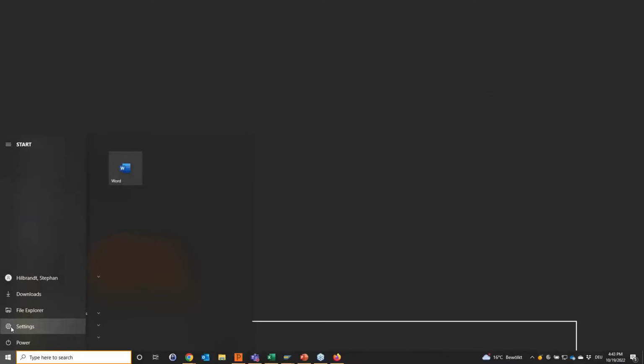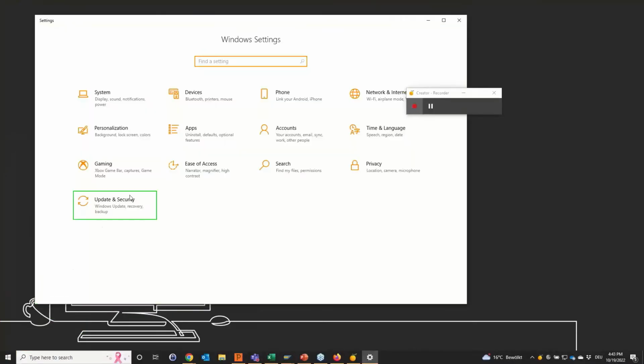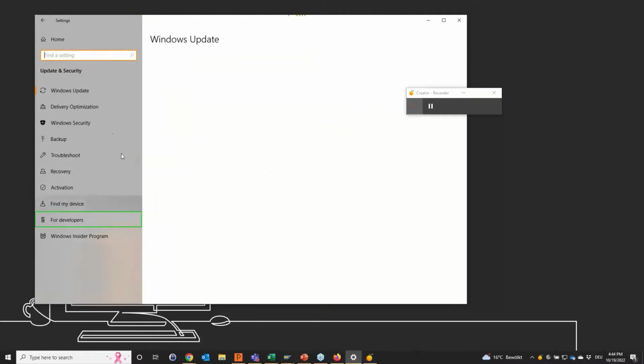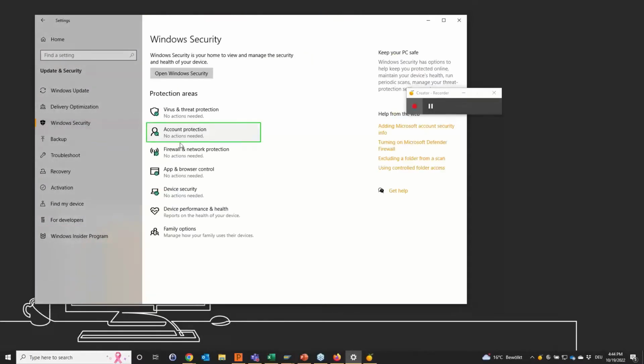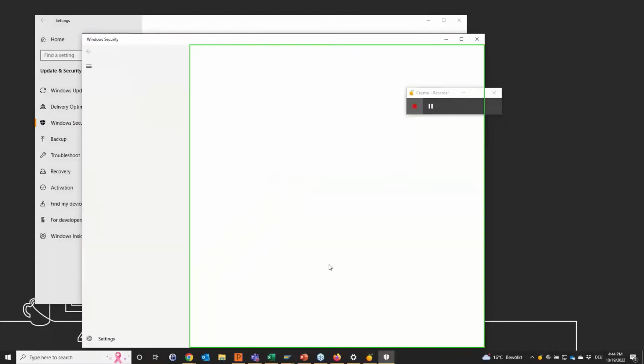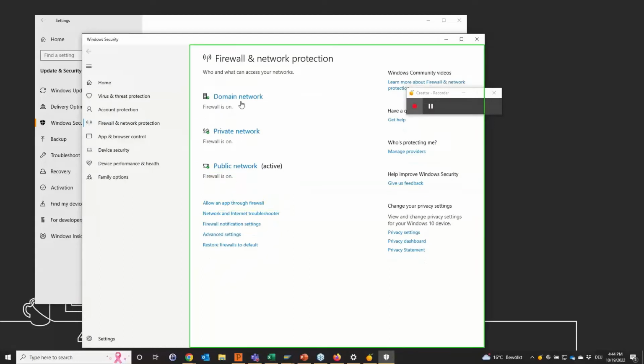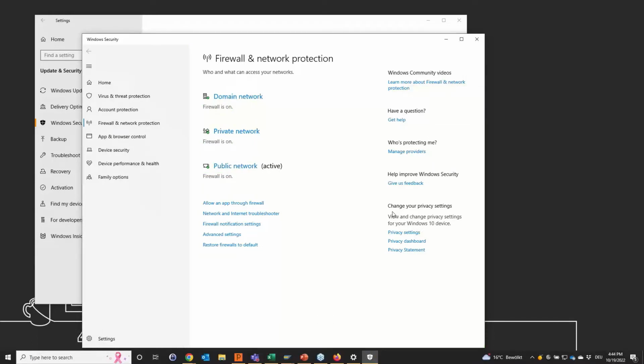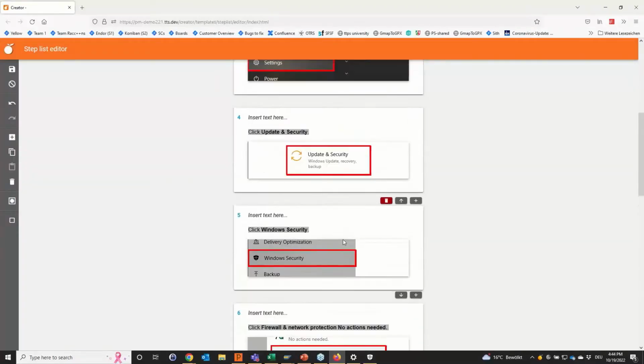and see if we find our firewall settings and check if the firewall is up to date. So here we are, firewall settings, and in all three kinds of network, the firewall is on. So everything seems to be fine. So we can stop our recording, and now we have our recording available within our creator window,